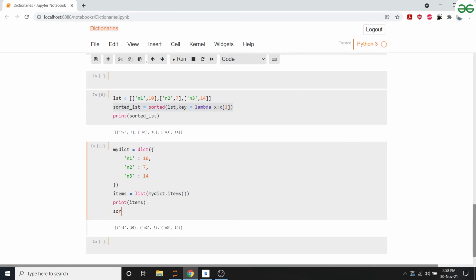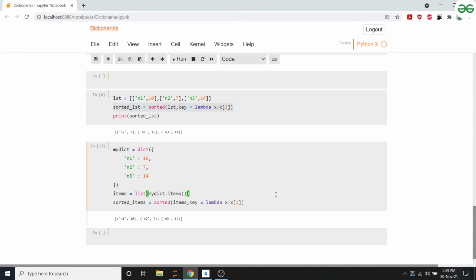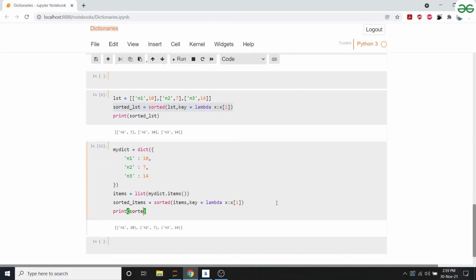So sorted items is equal to sorted of items, and key is lambda x of x1, and then we print sorted items, and as you can see, we have the desired output. Not the exact desired output, but we're very close.